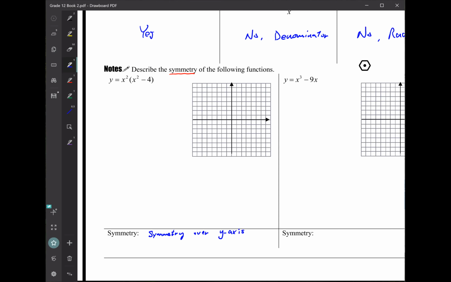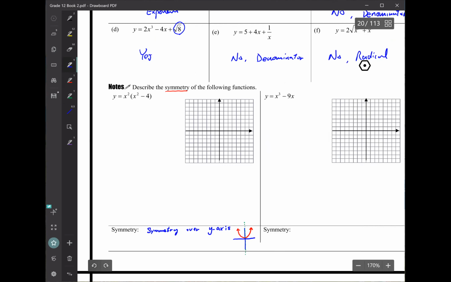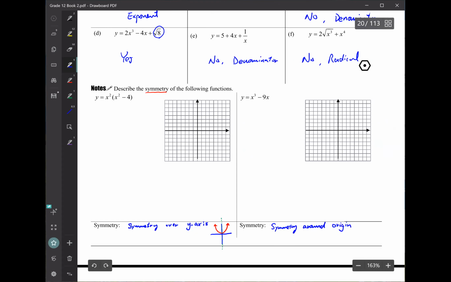okay? So an example will be a parabola, the parabola that has its vertex right in the middle. The y-axis is right in the middle, so it's like a mirror. So we call that a symmetry. The second kind of symmetry is when you have symmetry around the origin, okay? For example,